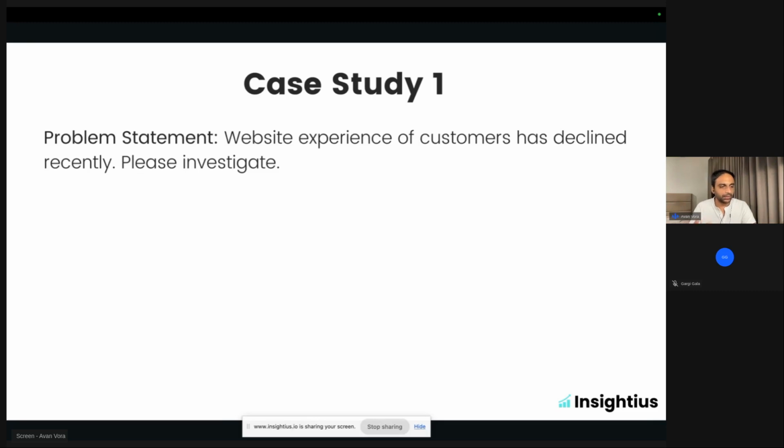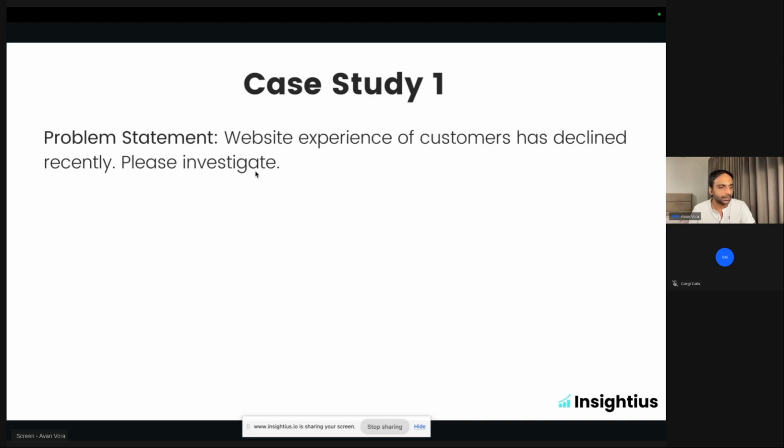So this is going to be the pattern of the case study, where I'll give you a question. You can write your answer in chat, and then I'll tell you how I would solve it. So that's going to be the pattern of the entire webinar for today. So feel free to participate. Again, don't worry about being judged. I want you to participate.